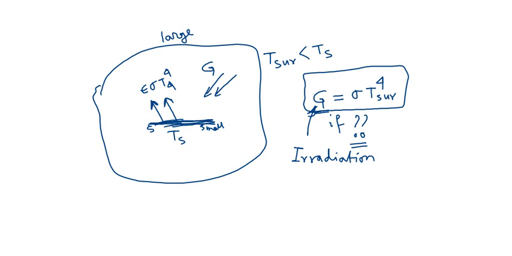Okay. Now the whole thing that falls will not be absorbed by the plate, because some of it will be reflected, right? So the portion of the irradiation that will be absorbed by the plate is alpha into G. Alpha is the fraction of the irradiation that will be absorbed by the plate, and definitely the value of alpha is less than 1. So alpha into G is the amount that will be absorbed by the plate.